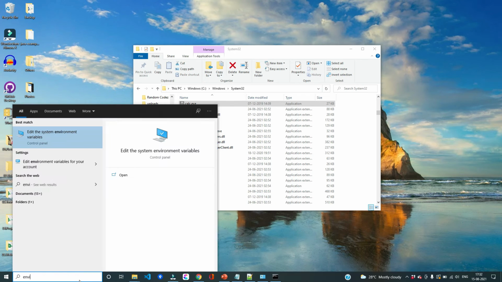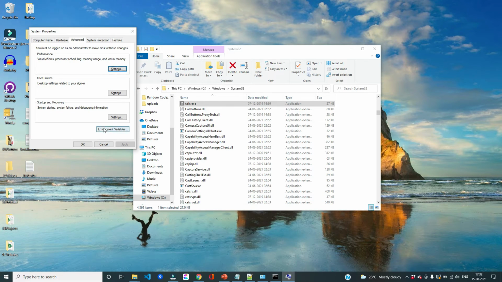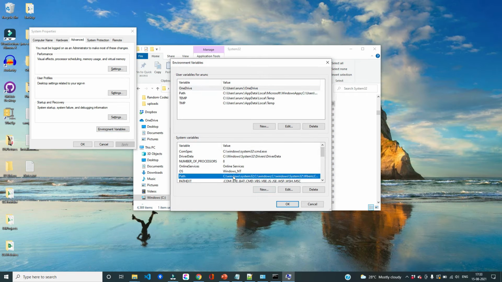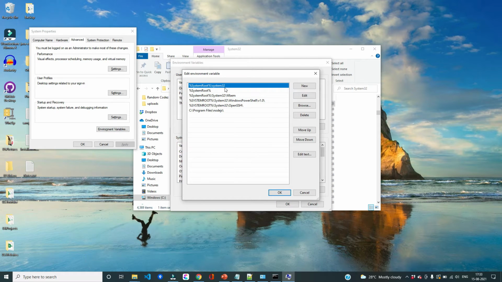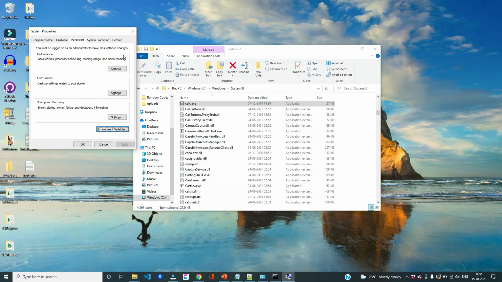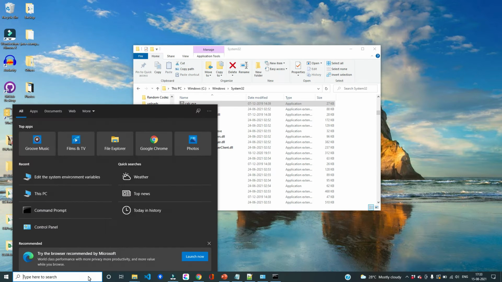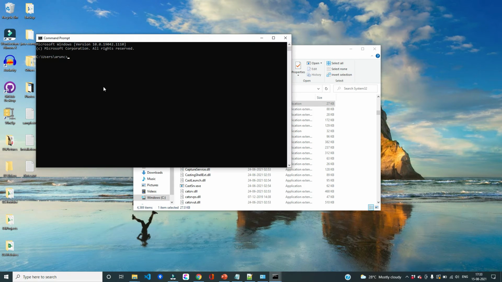Now let's open our environment variables. So here, if you open this path variable, we already have these two locations included on our path variable. So system root is nothing but Windows. So this becomes Windows/system32. It means the location of both notepad.exe and calc.exe are already set on our path variable. So as these two are already set on our path variable, we can easily access them from any location because those locations are available across the operating system.